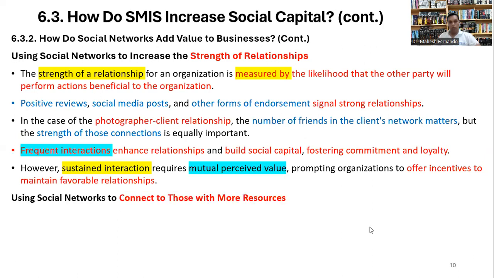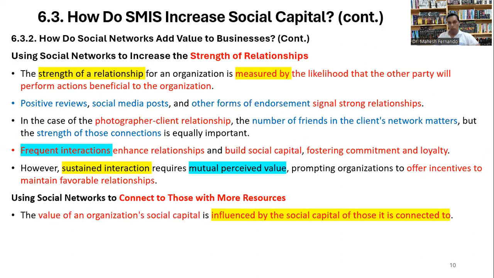Once you create social media connections, you need to see what the other party is doing and how active they are, which is always important to identify the strength of the relationship. Using social networks to connect to those with more resources is also important. The value of an organization's social capital is influenced by the social capital of those it is connected to.